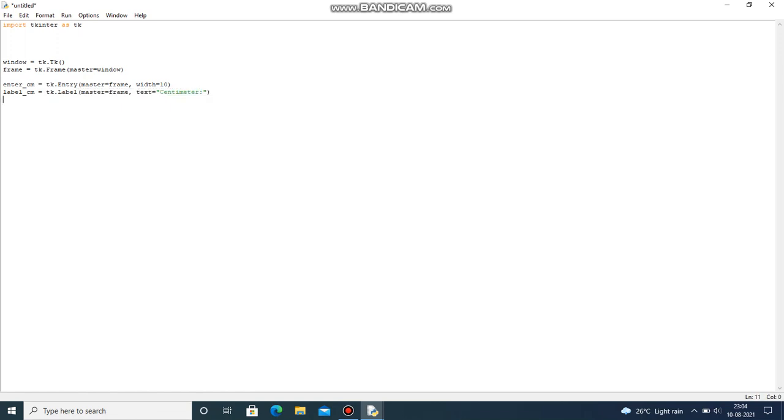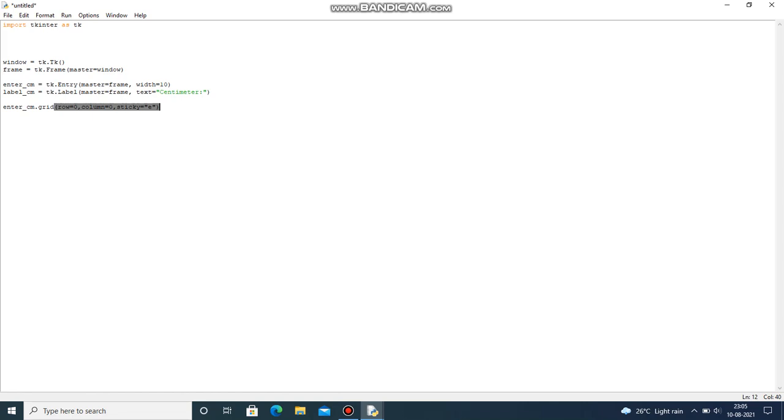Now let's grid them up. So instead of packing, gridding can also be done. So in the gridding you are able to give the x and the y coordinates. Okay, so let's give dot grid and let's give row equal to 0, column equal to 0, and let's give something called sticky equal to e.